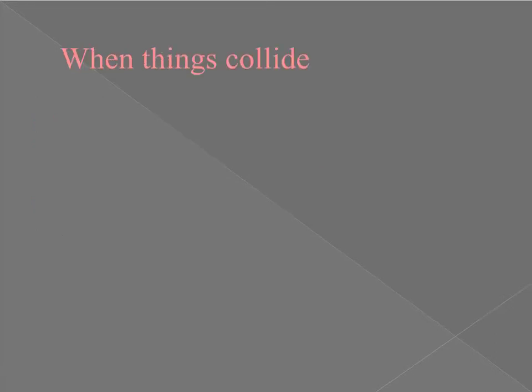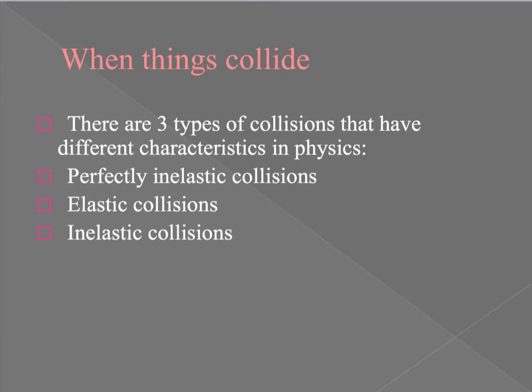When things collide, there are three types of collisions. They have slightly different characteristics, and we're going to talk about perfectly inelastic collisions, elastic collisions, and inelastic collisions. But before we look at them, I just want to look at these two words, elastic